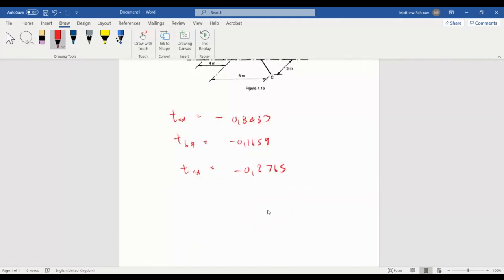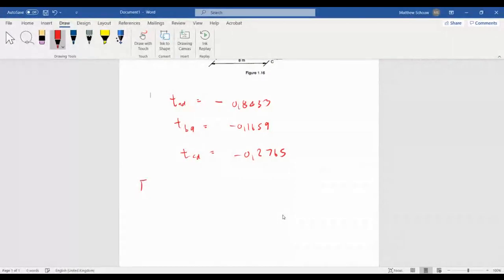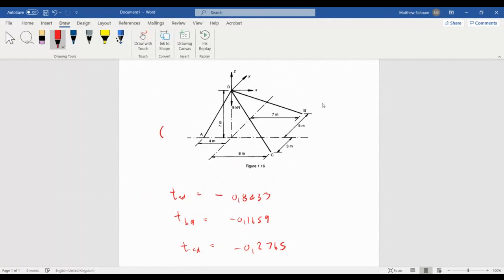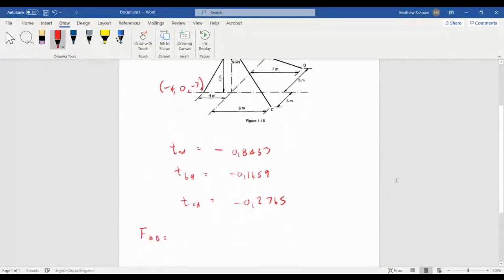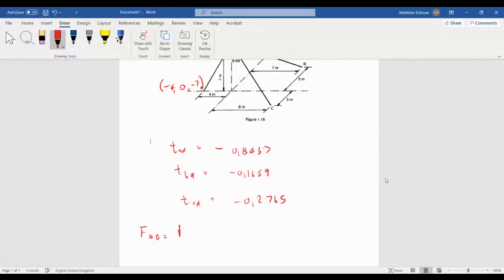Okay. So of course, to now find our forces in the members, we have to find the lengths. And if we got our coordinates correct, it was minus 4, it was 0, and it was negative 7. That is why we find the coordinates as well. It's just easy to find the actual length. Oh no, it's minus 4. So it's just going to be 4 squared plus 0 squared plus 7 squared. Obviously, you have to multiply by the tension coefficient, which is going to be minus